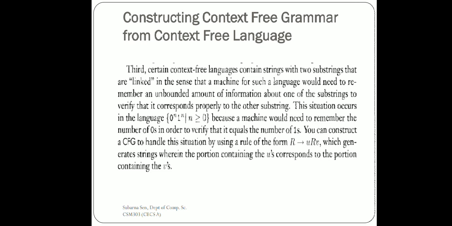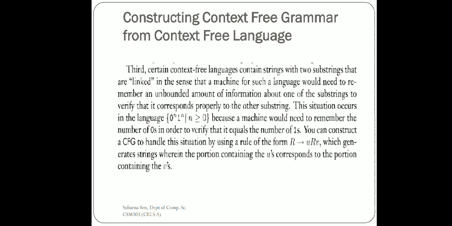A PDA has one memory with it. It can keep something in its memory and compare it with the newly encountered symbols. If both of them are equal in size, then the string will be accepted. We will see this in our next lectures. So a finite automata has to remember the number of zeros to compare with the number of ones, so it cannot do this. So the choice of constructing a DFA and converting it to context free grammar cannot be done in such cases. So here, you just see what the language is doing.